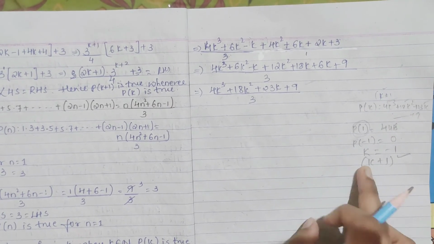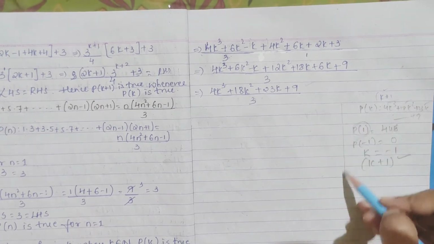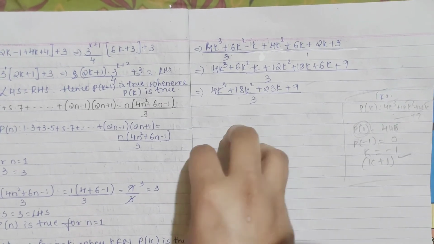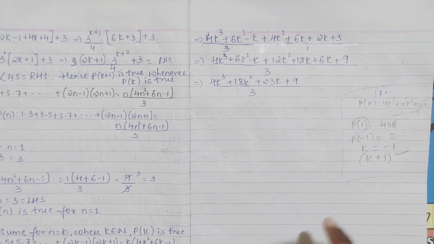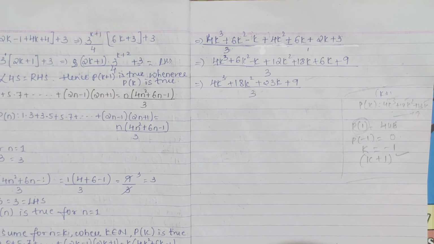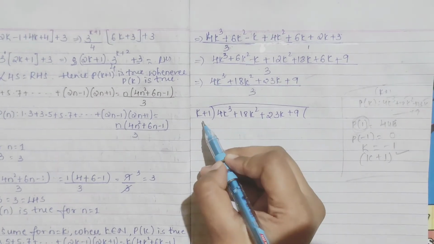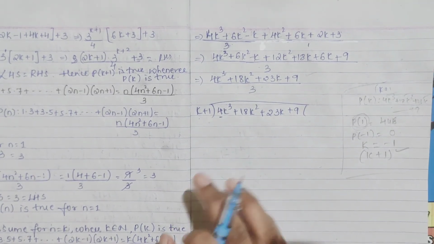So from the right hand side we did it directly, but if you don't understand like that, you can do your trial and error method. In this it is a show-that question, so directly we can take help of your RHS, where we come to know that k plus 1 is one factor. So now we will divide and check it. Here it is k plus 1 and here it is 4k cube, right? You have studied how to do the polynomial division.